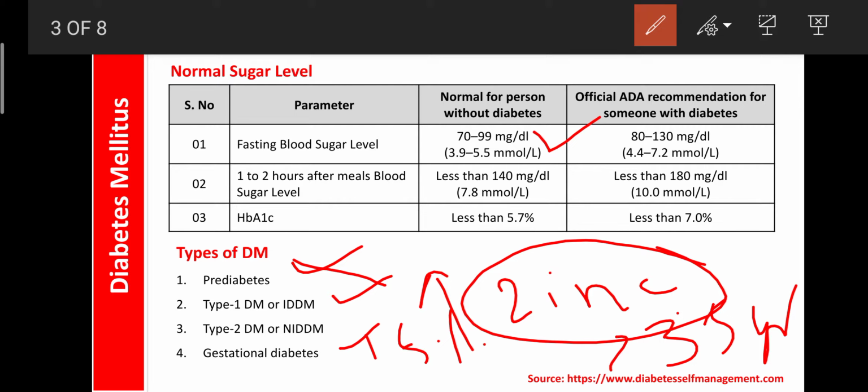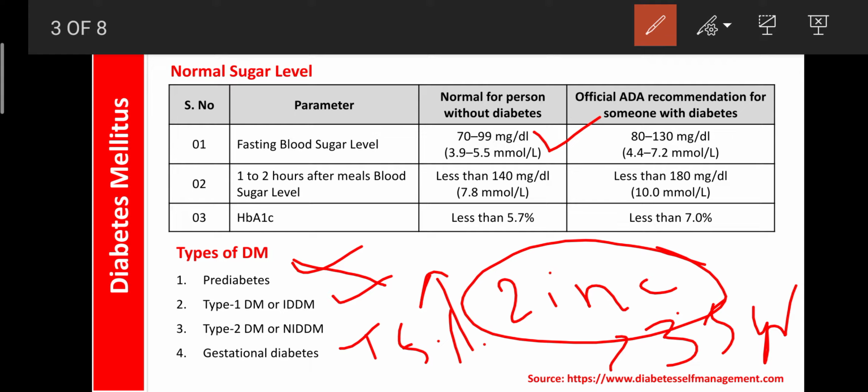You can manage it with the help of a multivitamin, such as Ginkgo Wheat or any other syrup that contains multivitamin along with zinc, so that gestational diabetes does not cause the main diabetes mellitus. So whoever your neighbors or family members are, if they are pregnant, you should advise them to take a multivitamin containing zinc, or whatever medication is administered by the doctors, and it should be taken properly. Otherwise, gestational diabetes is responsible for causing type 2 diabetes mellitus.